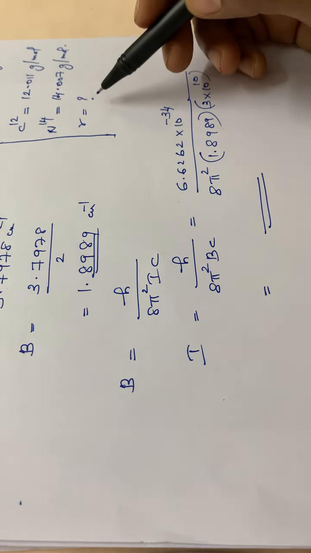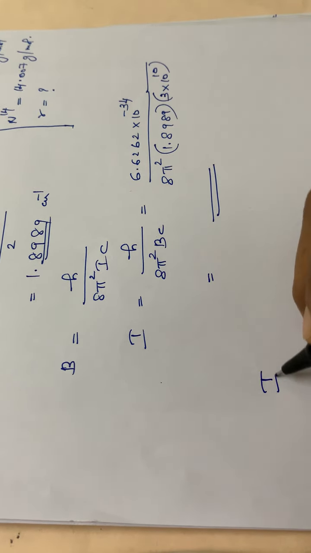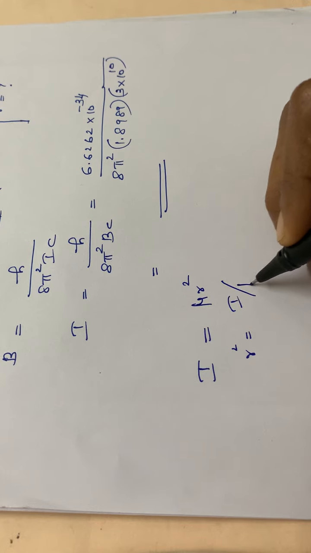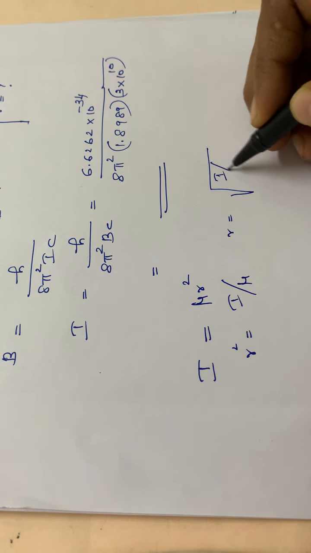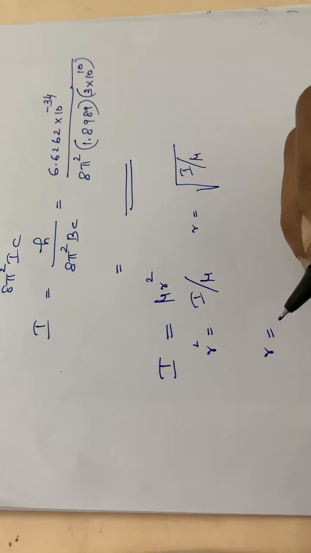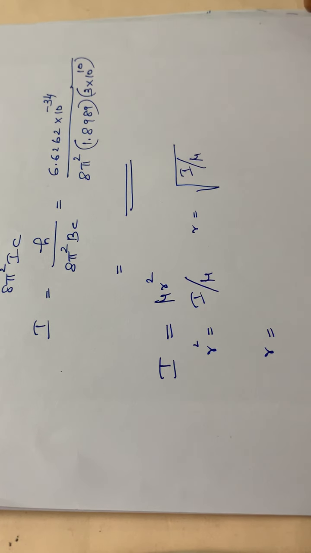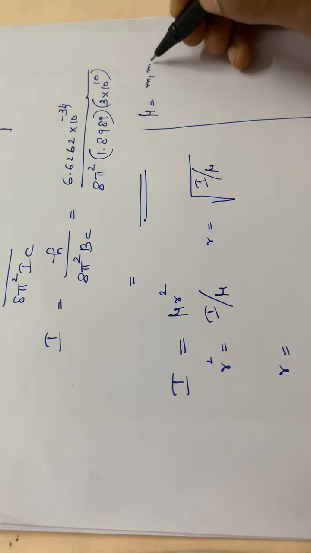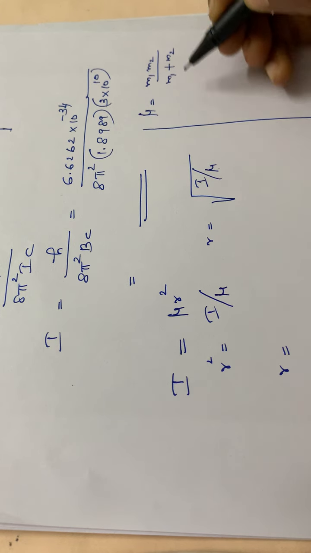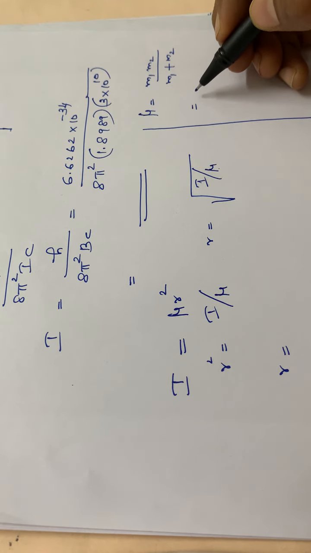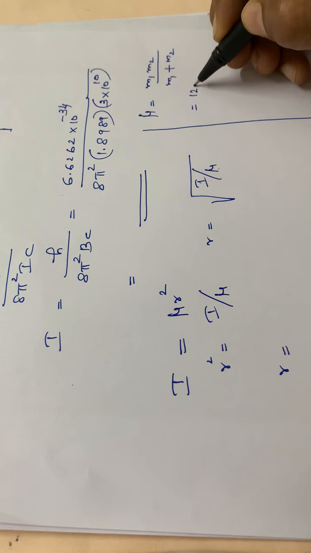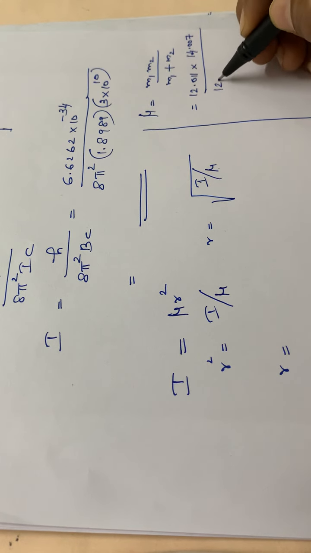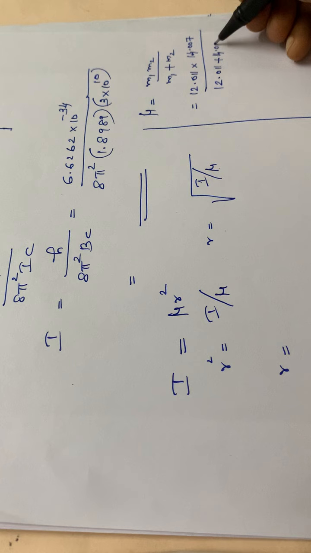Then you have to calculate the value of r. Again, the relation connecting I and r is I is equal to mu r square, or r square is equal to I by mu, or r is equal to square root of I by mu. Then you have to substitute for the values of I and mu. Here mu is not given, so you have to calculate mu also. Mu is equal to m1 m2 divided by m1 plus m2, that is, the atomic mass for carbon, 12.011, into m2, 14.007, divided by 12.011 plus 14.007.